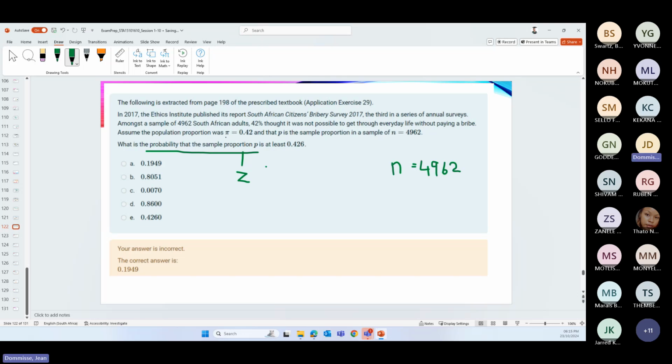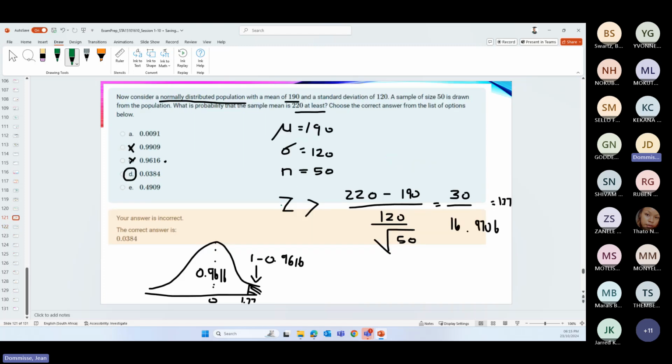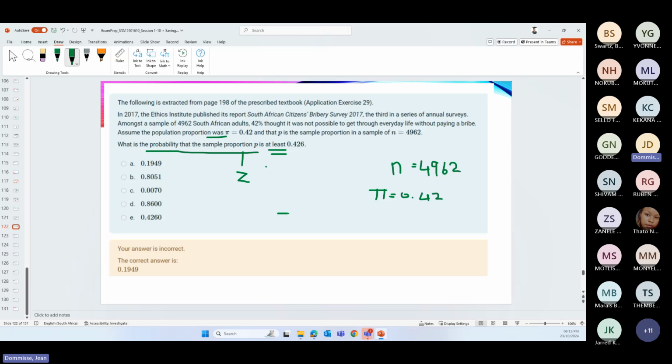Assume that the population proportion was 0.42. Then they say, what is the probability that the sample proportion is at least